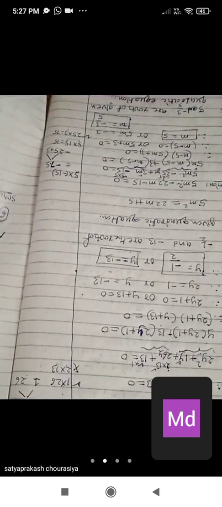So therefore 2x is equal to minus 1. Now we have brought the plus 1 to the left hand side, so on the right hand side this will become minus 1. So therefore x is equal to minus 1 upon 2. Or the second bracket is 3x minus 2, 3x minus 2 is equal to 0. So therefore 3x is equal to 2, so x is equal to 2 upon 3.